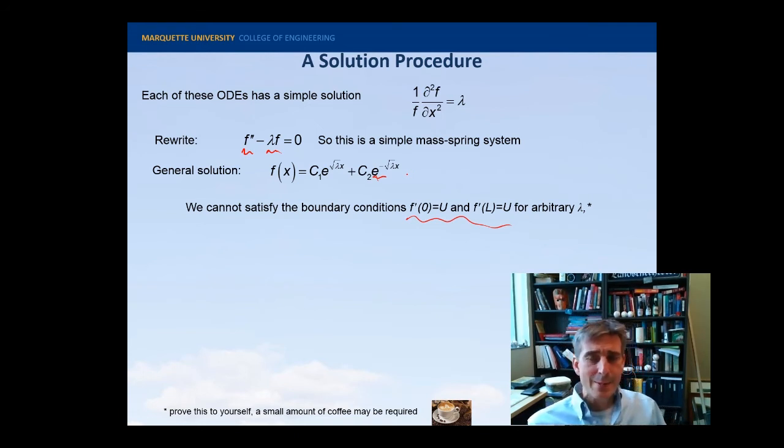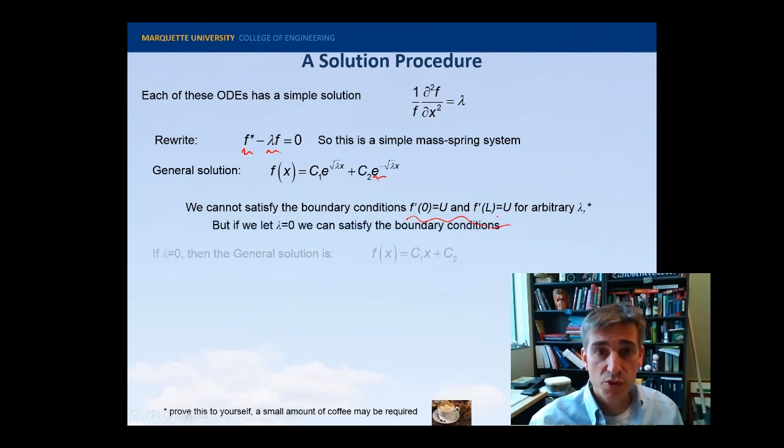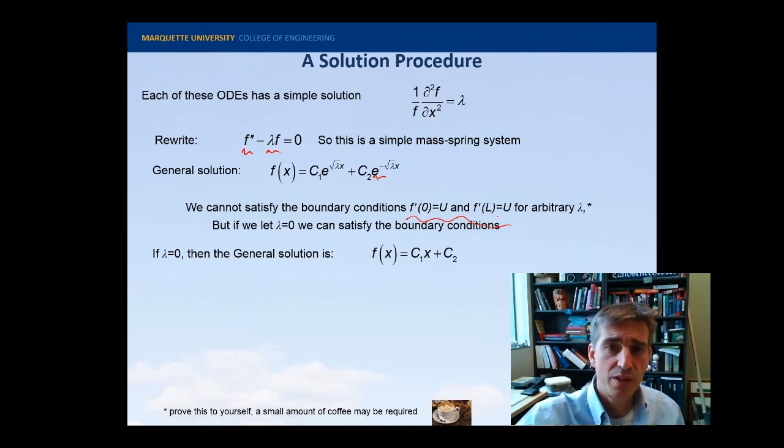So that's true for an arbitrary lambda. But I can satisfy these boundary conditions if I let lambda be equal to 0. So in the special case where lambda is equal to 0, I can get a general solution. I can't find a particular solution for this given set of boundary conditions. So first off, if I set lambda equal to 0 and I resolve this, it's no trick to see that